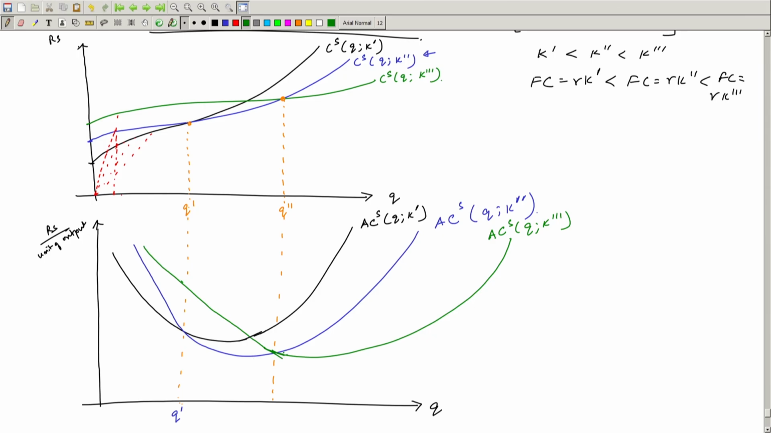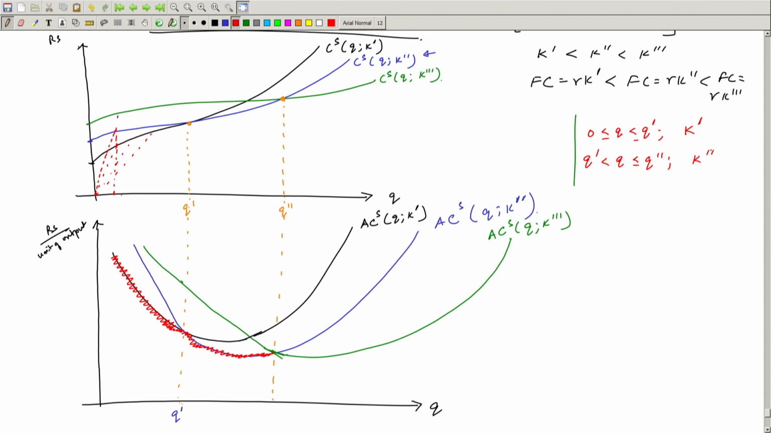long run, notice what did we do? In the long run, we said that for 0 less than q less than q prime, the level of capital that I was using was k prime. So, the corresponding average cost curve that will matter is this portion of the average cost curve, because my level of capital was fixed at k prime. For q between q prime and q double prime, the level of capital that I was using was k double prime, right. So, the average cost curve essentially was tracing out the lowest portion of the corresponding average cost curve